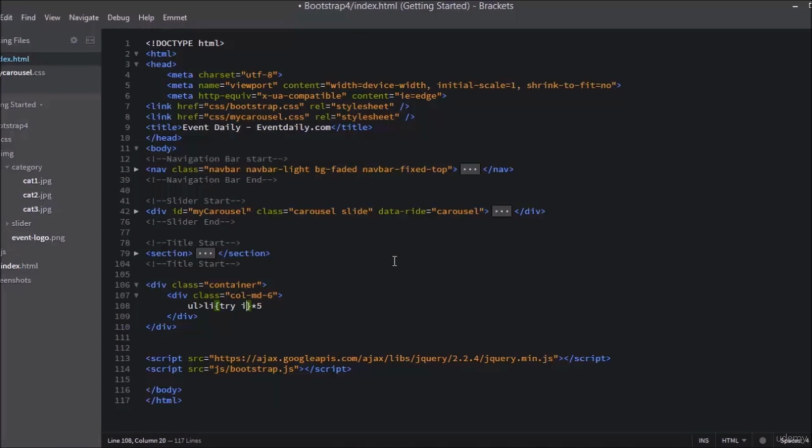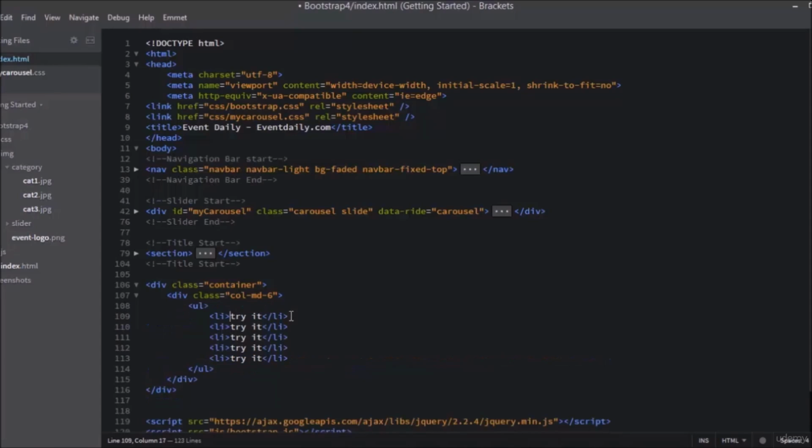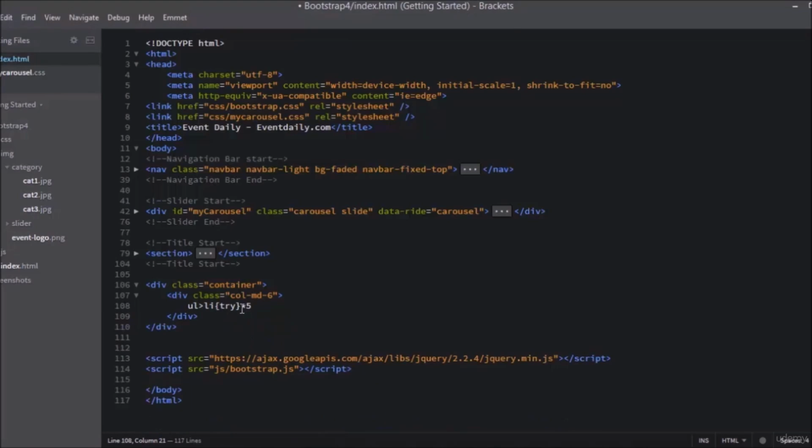For example, try it, and at the end of the line press tab. As you can see, all list items take the text. Let's try another way. Clear the list